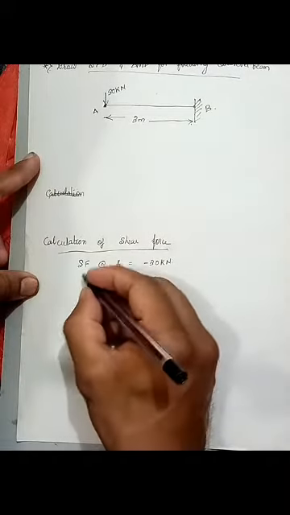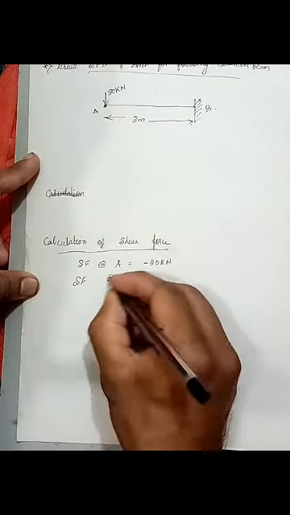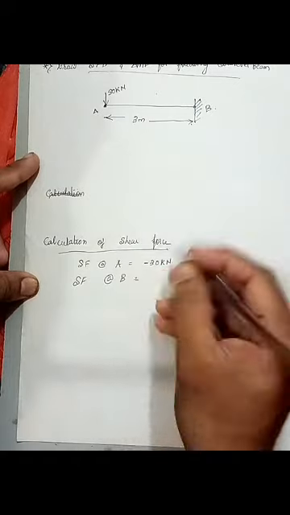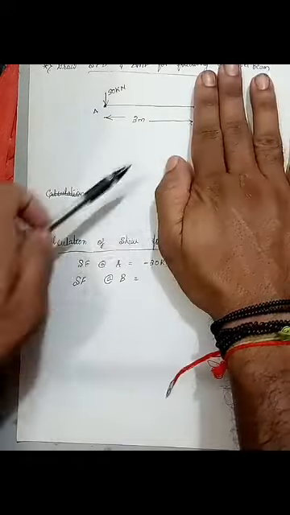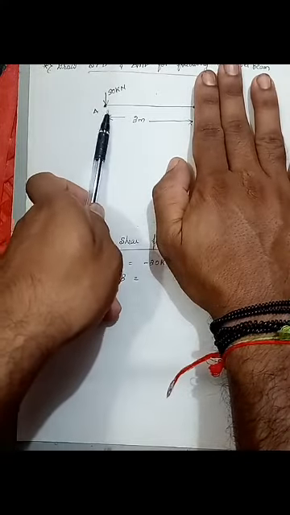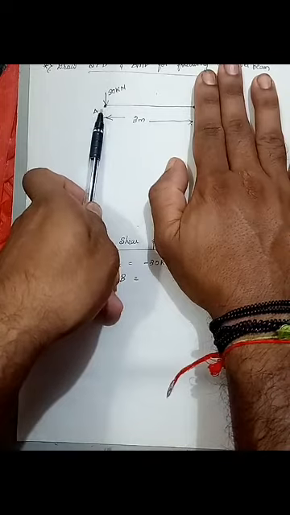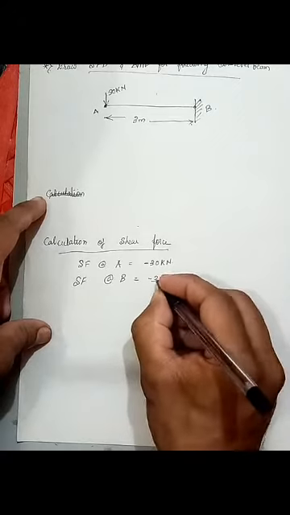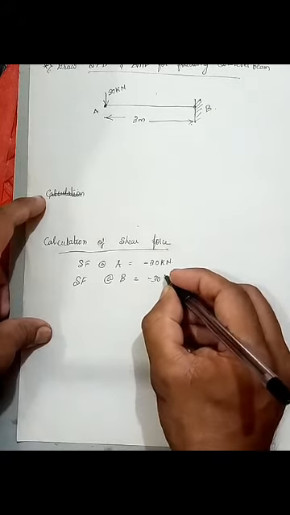Next, shear force at B. So if I keep my hand here, again there is no other force than this. It is the summation of all the forces including reactions. So only one force is there, that too minus. So minus 30,